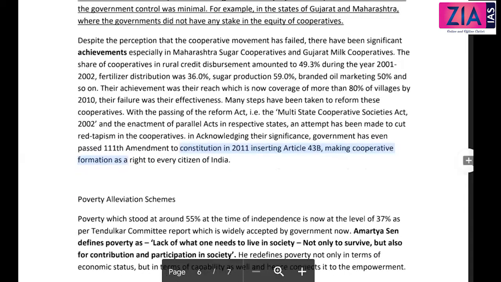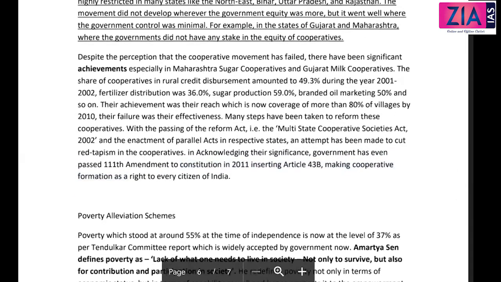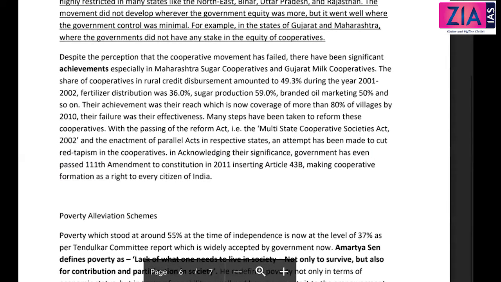Achievements, these are mainly factual and not much required from the sociology side. But again, sugar cooperatives, milk cooperatives, you can write their achievements. Fertilizer distribution, fertilizer cooperatives, everything, just read that. Okay,